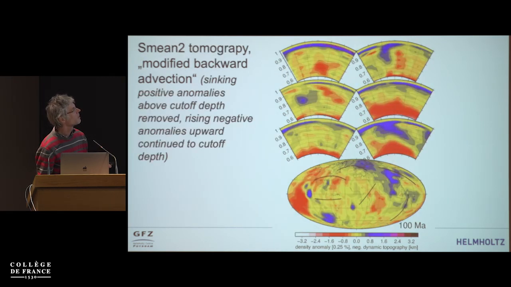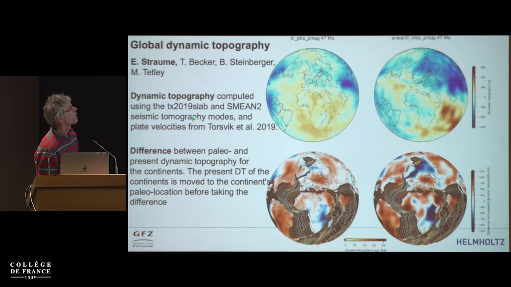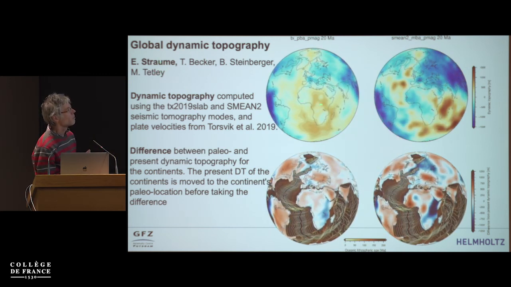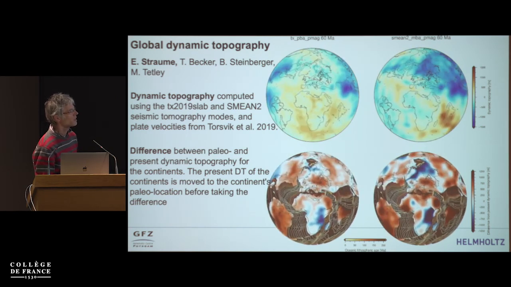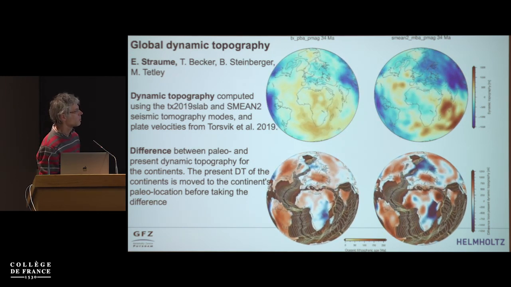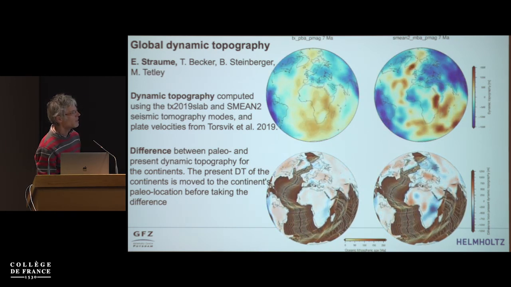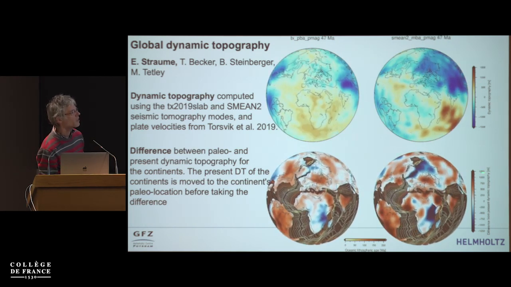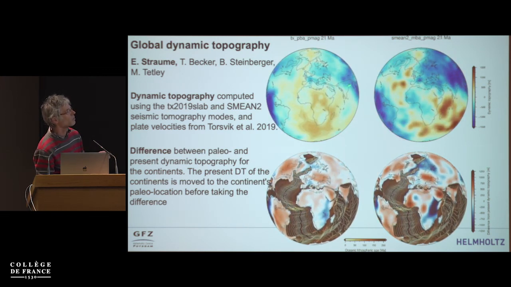So let's just skip the next models. And now we come to this, a collaboration with Eivind and Thorsten, where we combine these dynamic topography models with the motion of the continents in order to compute how dynamic topography has changed at places moving with continents. For example, if you look at India, it starts at 50 million years ago very much red, meaning high compared to present day, and it's mainly because India used to be above this region of high dynamic topography, now moving to low